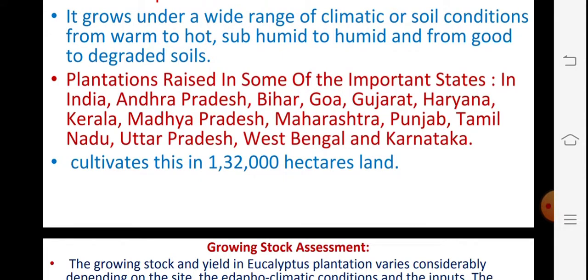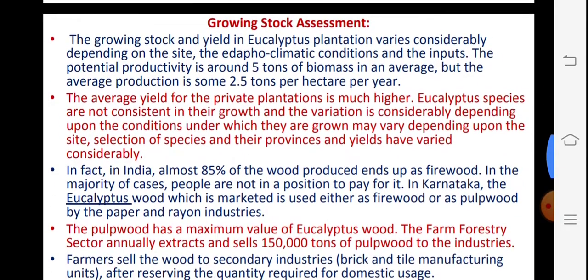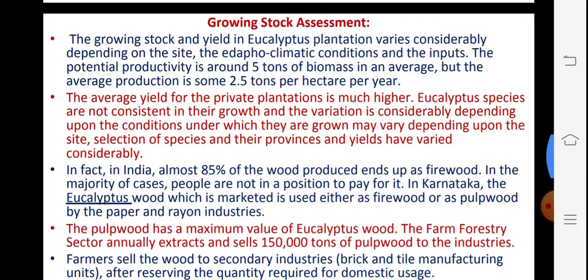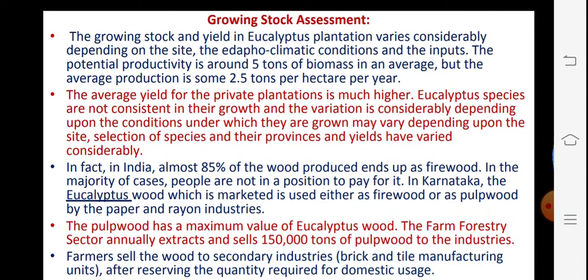And there are about 132 cultivars. That is the farming, per hectare area, under its growth. Then for the growing stocks, generally as per the soil areas, about 5 tons of biomass generally gives the productivity, and 2.5 tons per hectare increases the humus in